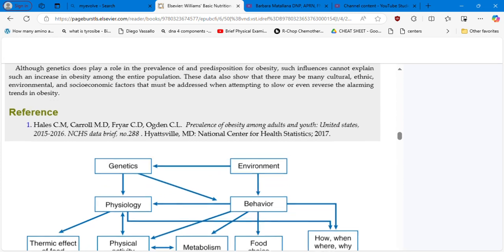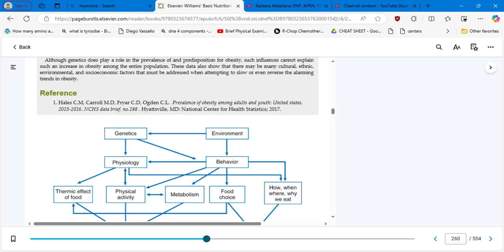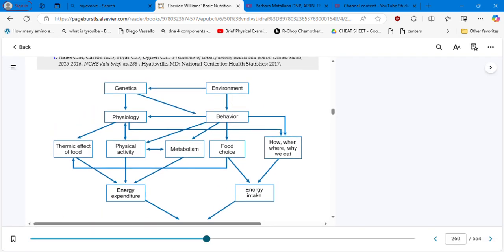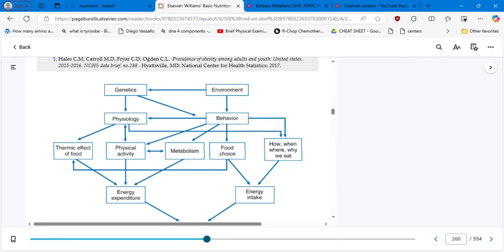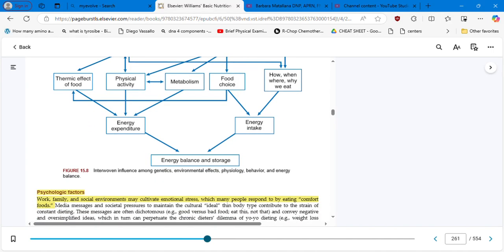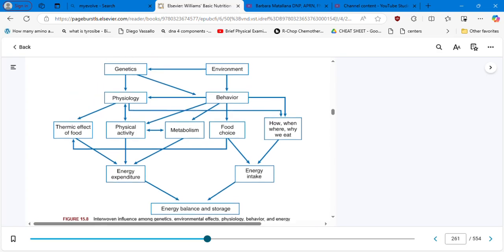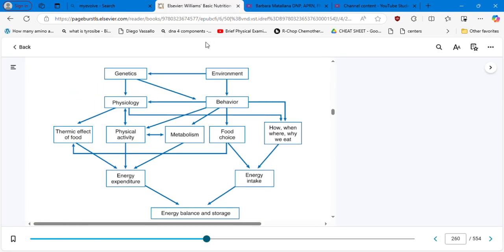Now, there is another graphic here. This is a very interesting graphic. It's talking about the interwoven influence among genetics, environmental effects, physiology, behavior, and energy. So for example, we have the environment here, right? And this environment is going to